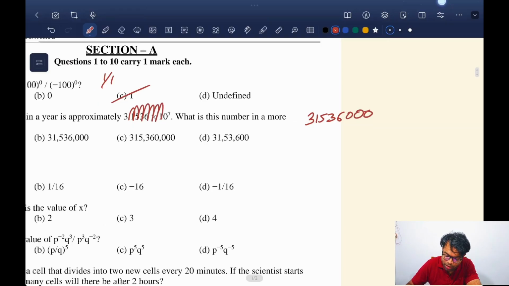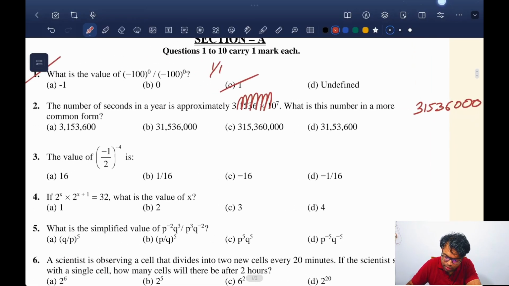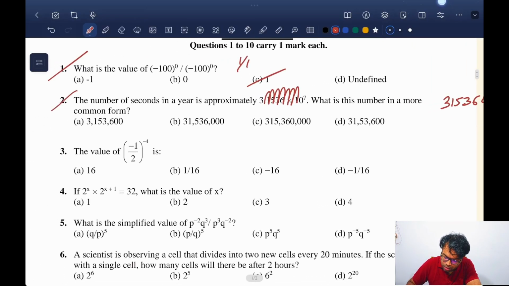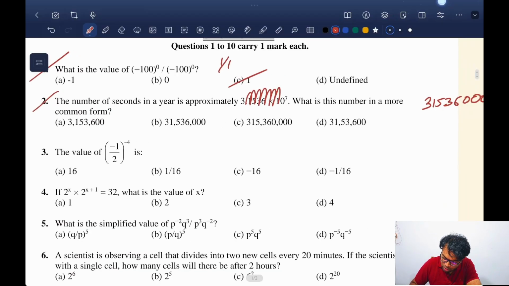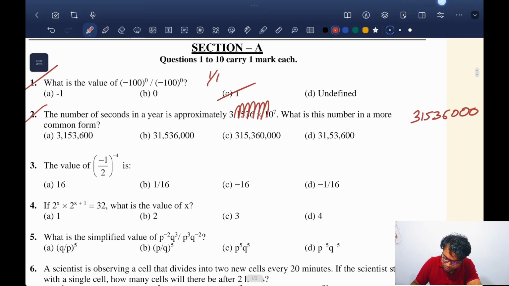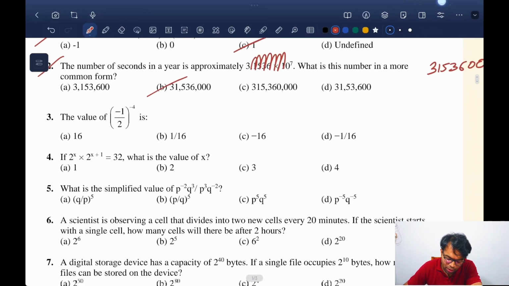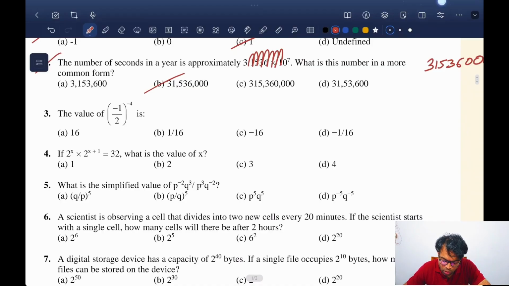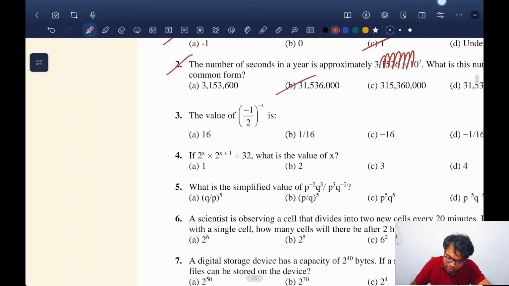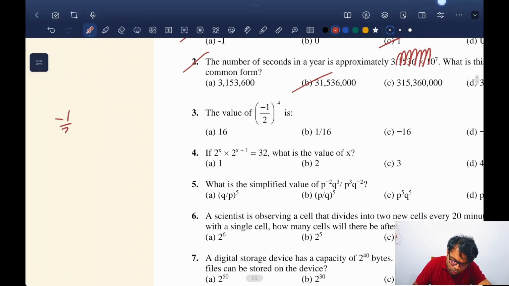आंसर नंबर सी लिखा है तुमने? हाँ, 31536, हाँ ठीक है, सही है। 31,536,000, सही आंसर।